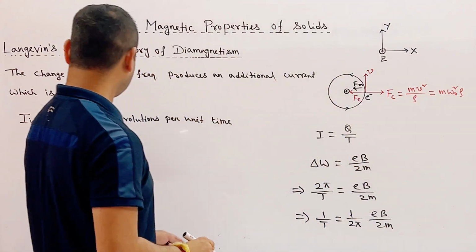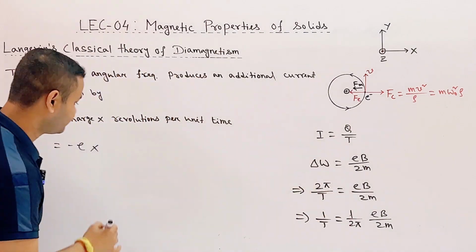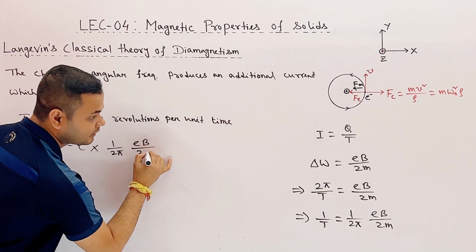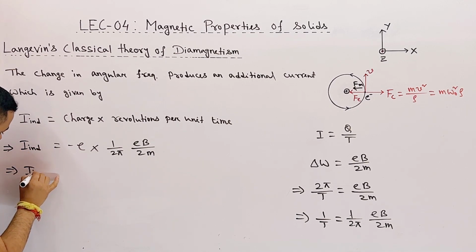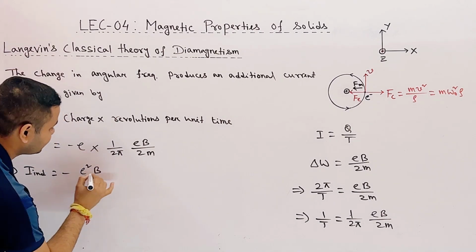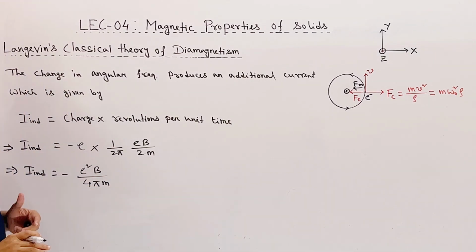ठीक है? So 1 by T value will be 1 by twice pi into EB divided by twice m. After simplifying, we will get the value of induced current as minus E square B divided by 4 pi m. Again, magnetic dipole moment produced due to this induced current is given by